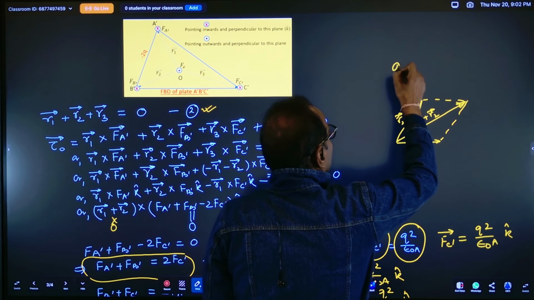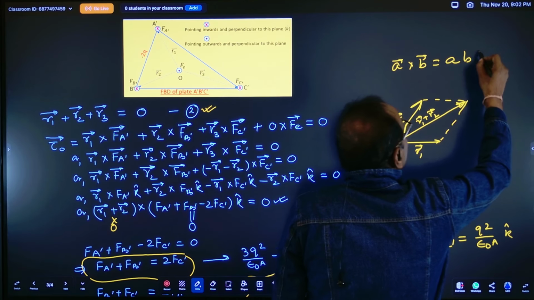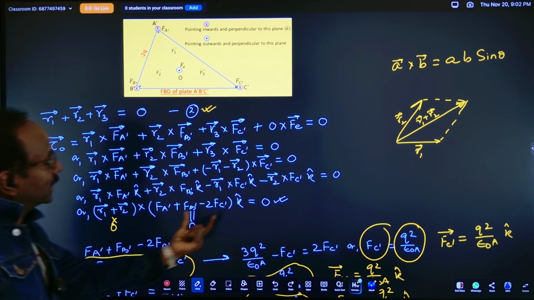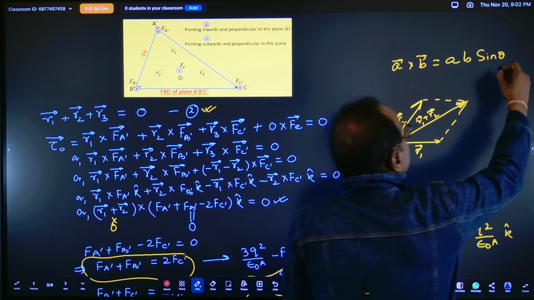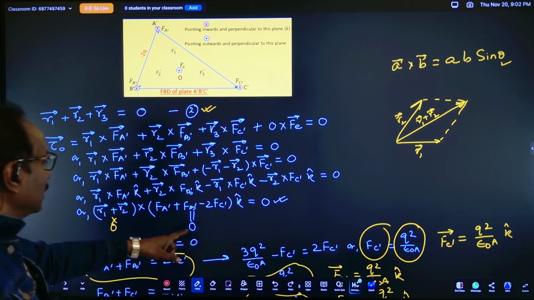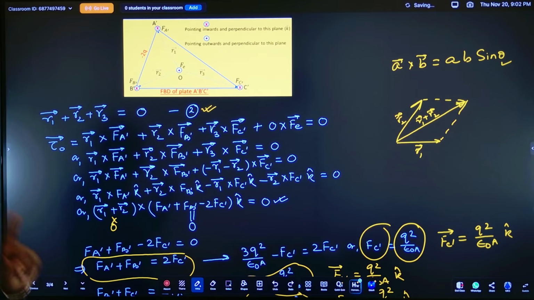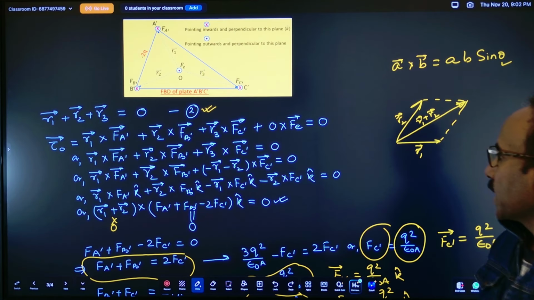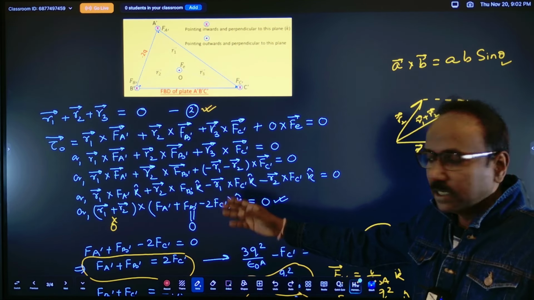अगर दो वेक्टर का क्रॉस प्रोडक्ट लेते हैं, अगर A क्रॉस B लिखते हैं तो A इंटू B इंटू साइन थीटा, एंगल बिटवीन A एंड B लिखते हैं। तो यहाँ पे इस वेक्टर और के वेक्टर के बीच में एंगल क्या है, 90 डिग्री है, ठीक है। तो क्रॉस प्रोडक्ट की वजह से भी आपका ये 0 होने वाला नहीं, तो हमारे पास अब एक ही ऑप्शन बच गया, नाउ वी हैव ओनली वन ऑप्शन, और वो ऑप्शन क्या है कि हमारा यही 0 होगा, सो दिस विल बी द राइट वन। ये हम कंक्लूड किए कि ये होगा।